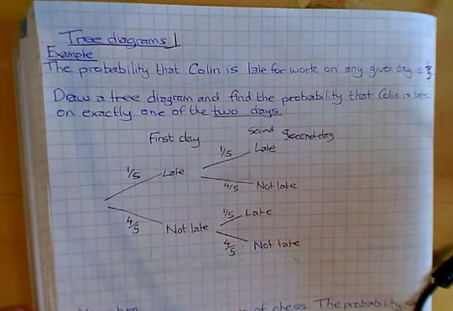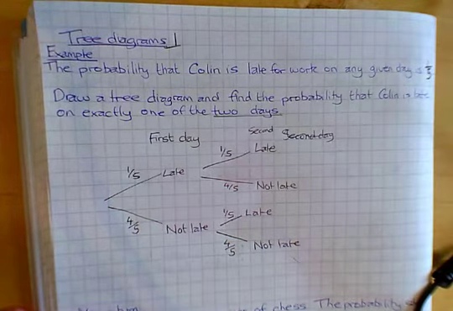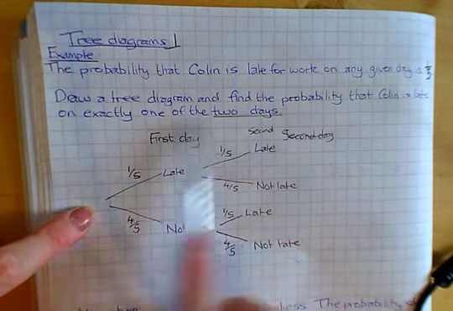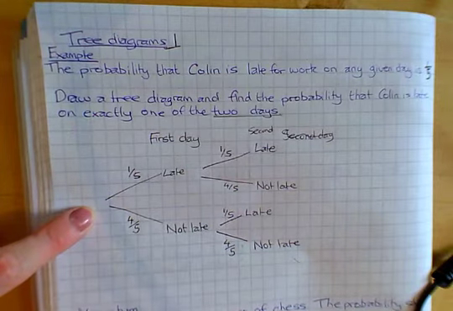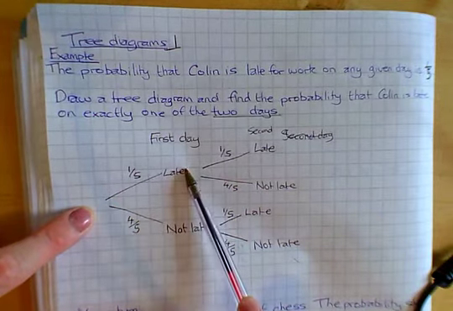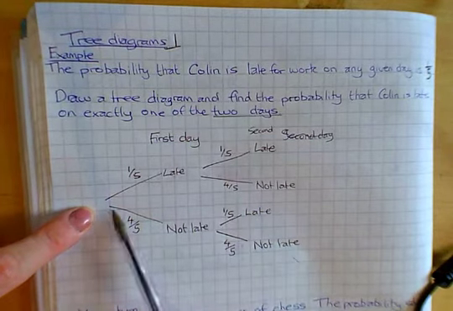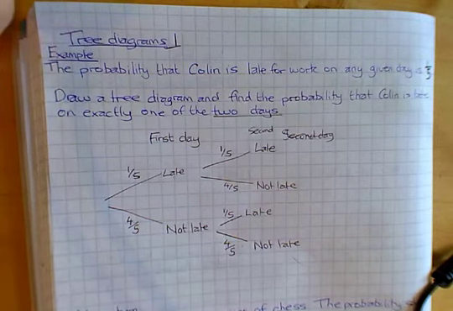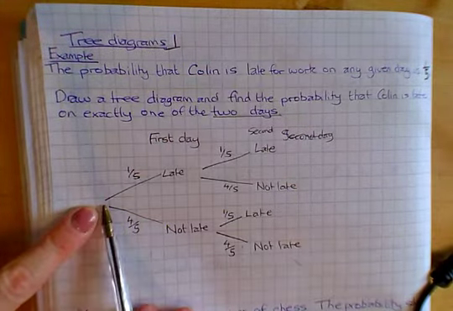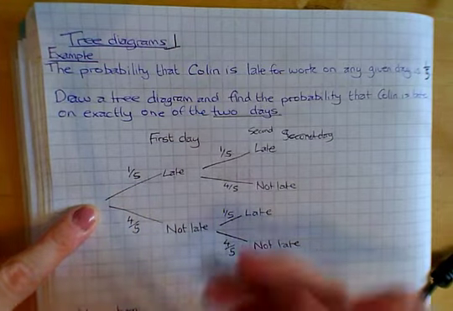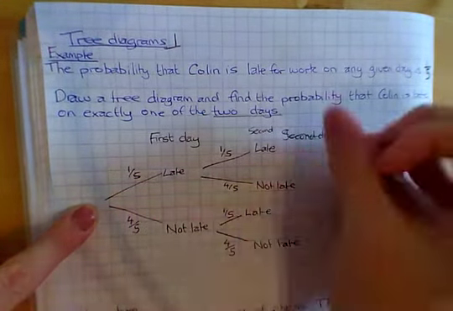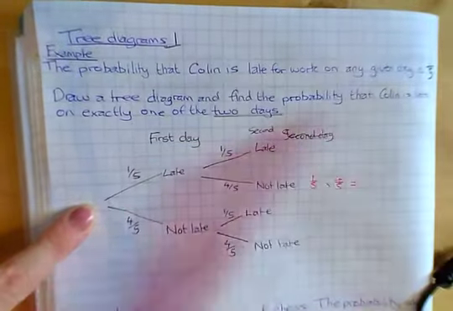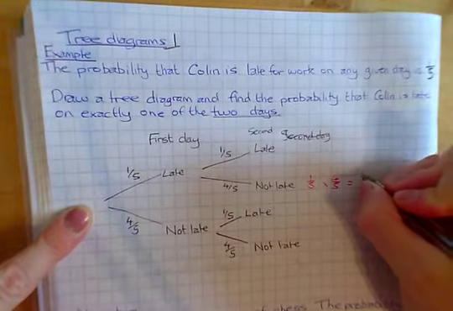Now I can use my tree diagram to calculate different probabilities. So for example, here where I'm asked to calculate the probability that he is late on exactly one of the 2 days, he is either late and then not late, or he is not late and then late. So to calculate the probability that he is late and then not late, we multiply across. So we've got 1/5 times 4/5. And remember, with fractions, we times the top and times the bottom, so that would give you